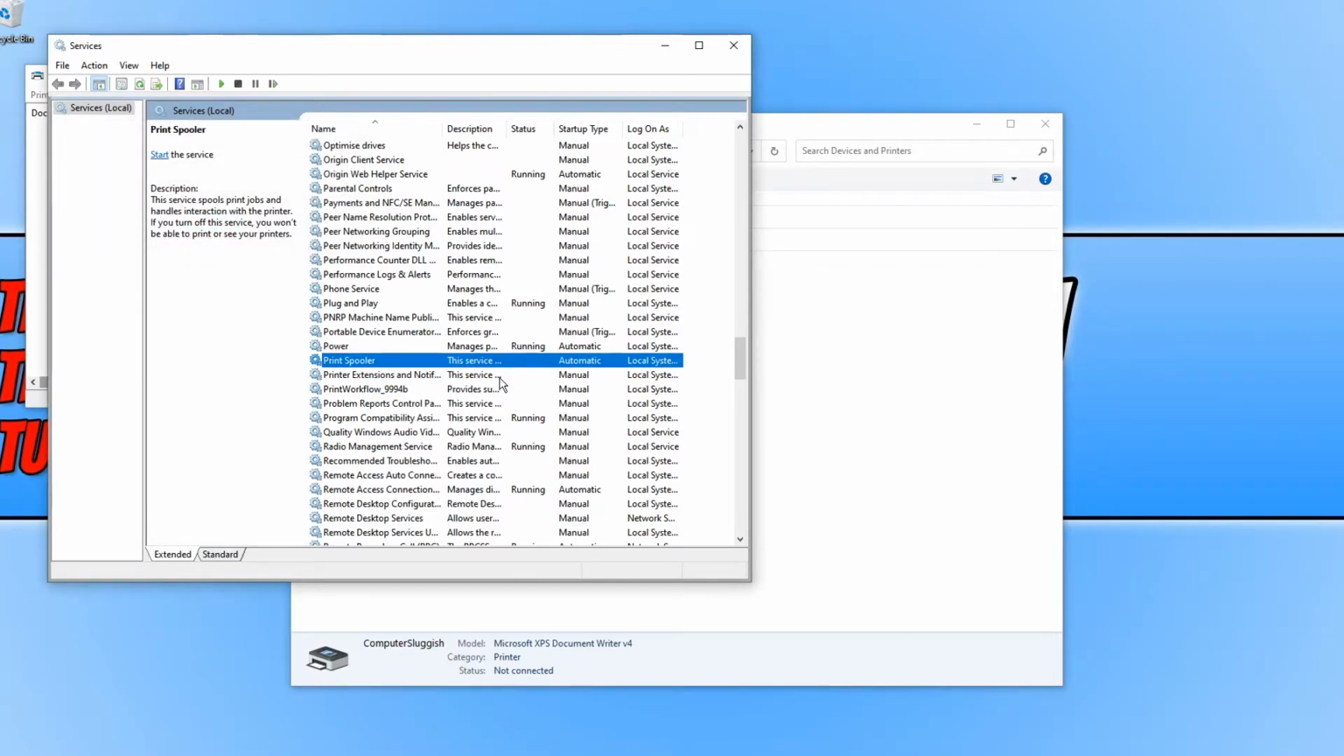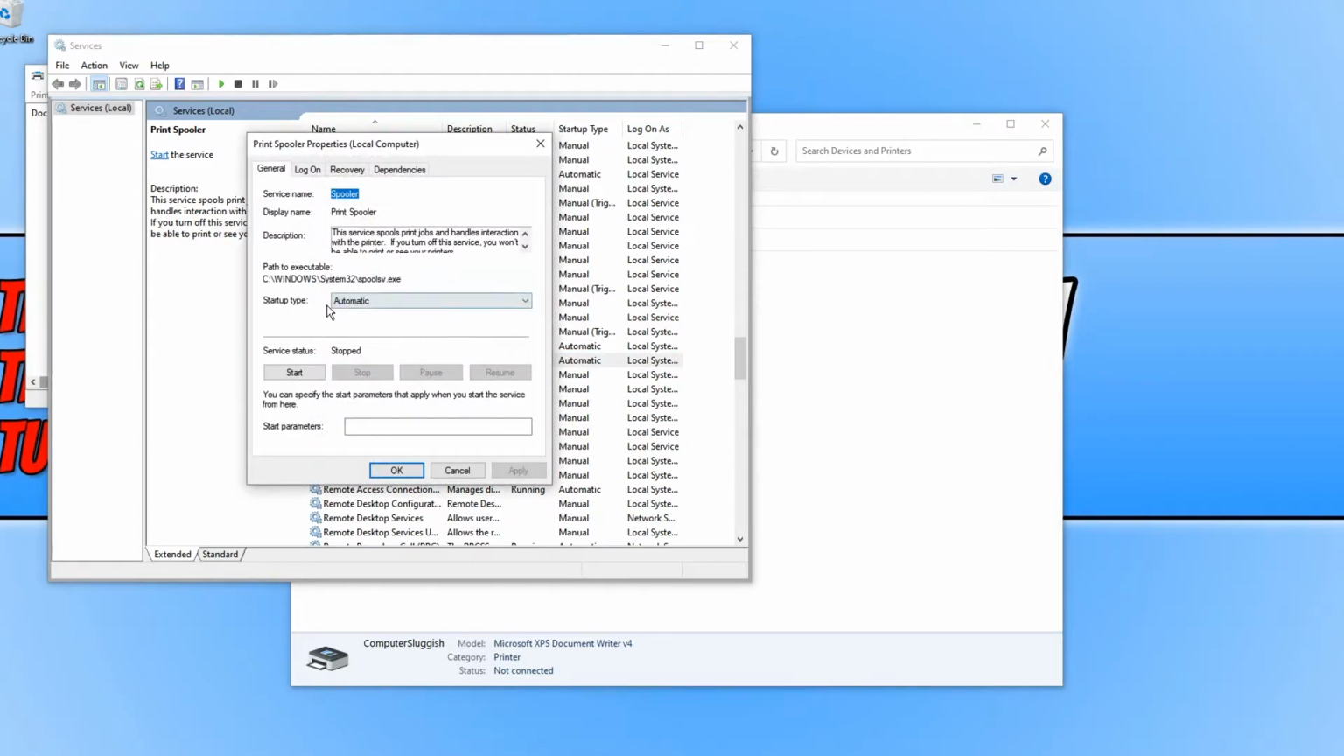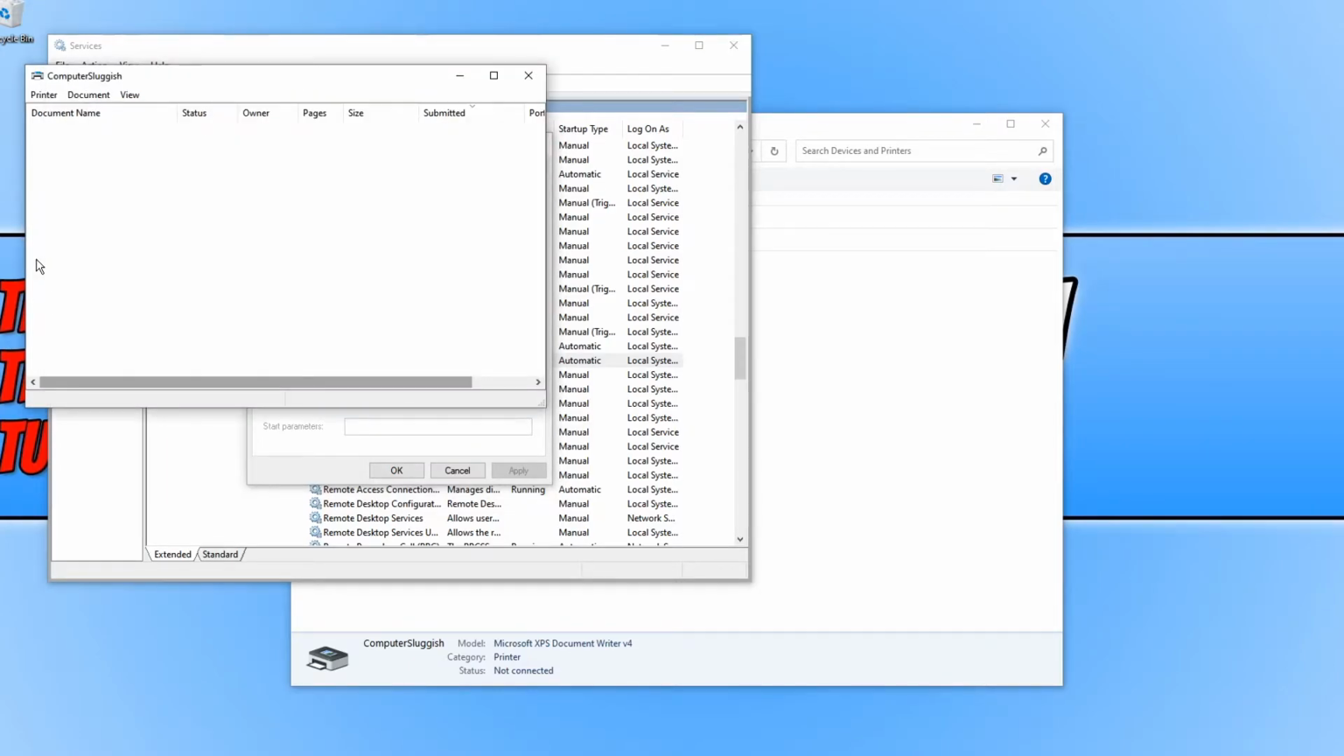It will now stop this service, and once it has stopped, you can always double click it just to make sure it has definitely stopped. We can then go ahead and press start, and it will then restart the service. Once the service has started up, with a bit of luck, your queue should have cleared,